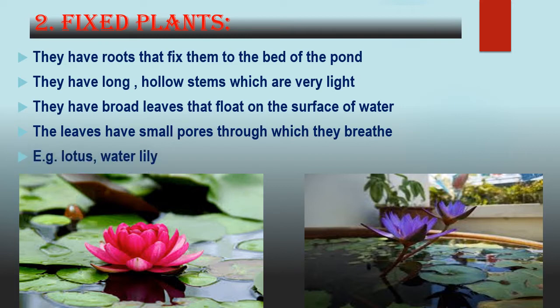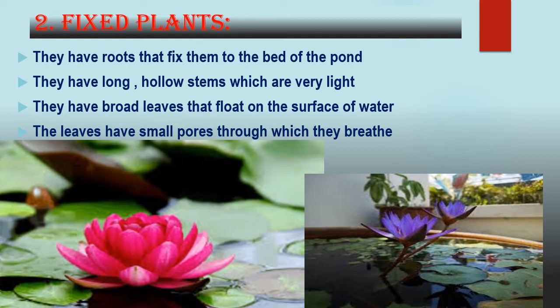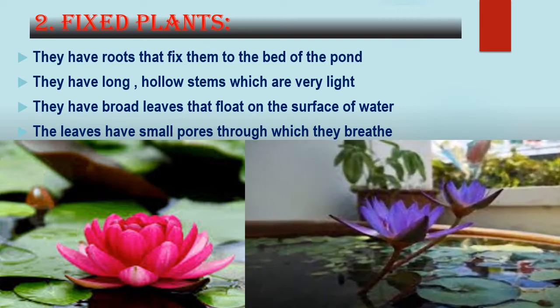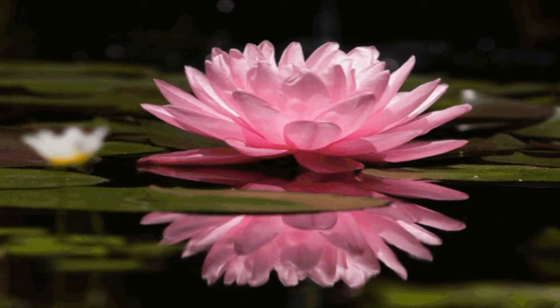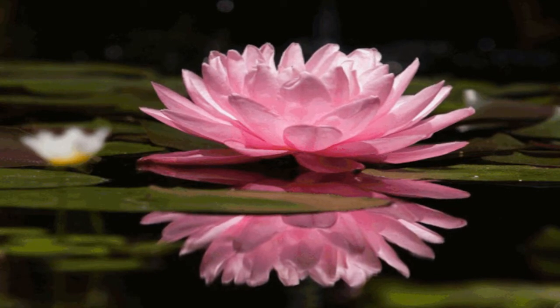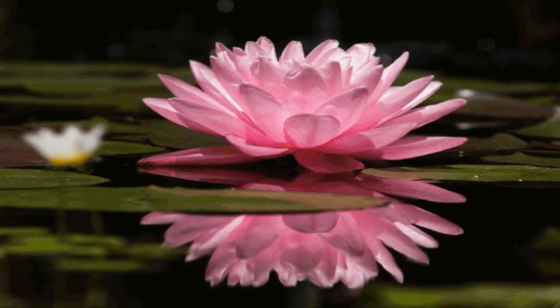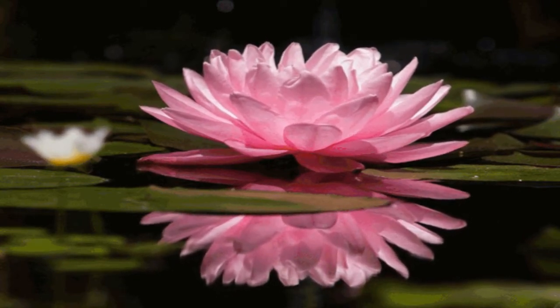The examples of such plants are lotus and water lily. As you can see in the first picture, this is the lotus plant. This is the beautiful lotus plant. And in the second picture, this is water lily. They have beautiful flowers and leaves. So here is another view of the beautiful plant lotus. As you can see how beautifully it is blooming, and the leaves and the flower are floating on the